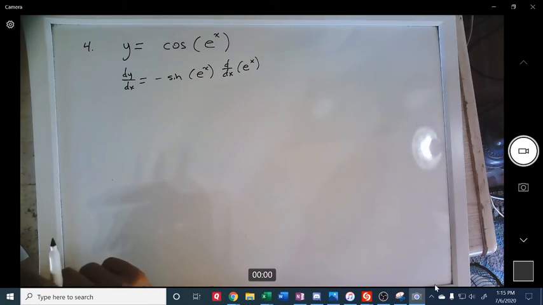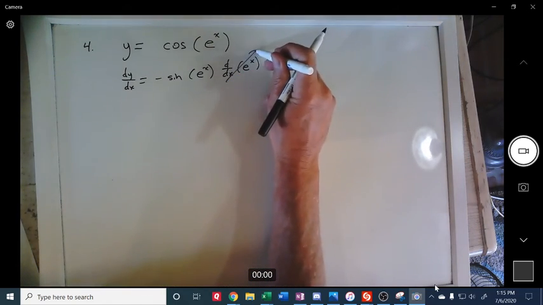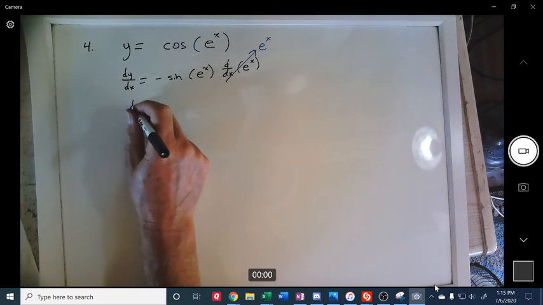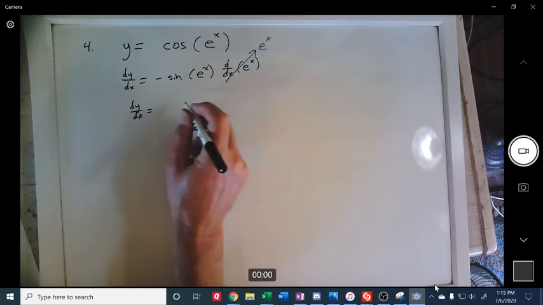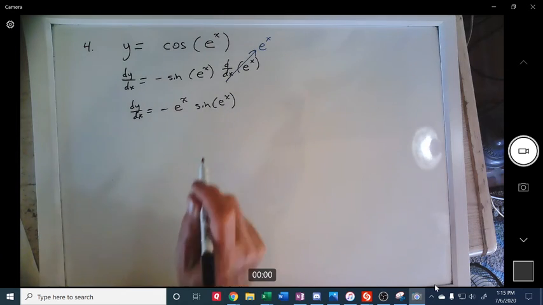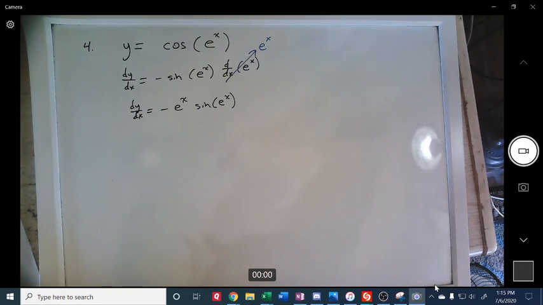And the derivative of e to the x, though, is just e to the x. So I'm getting dy dx is negative e to the x sine of e to the x. All right. Give me a little feedback. Let me know if you were able to get that. If you weren't able to get that yet, that tells me something. If you were able to get that ahead of me,